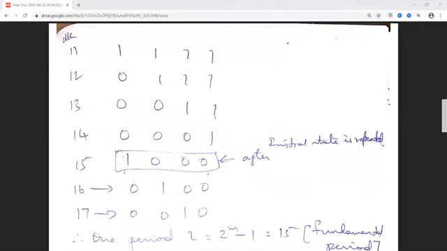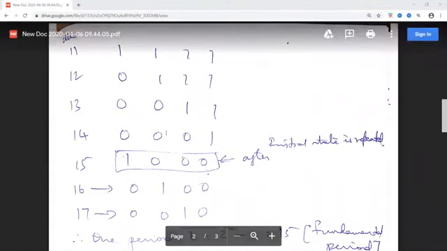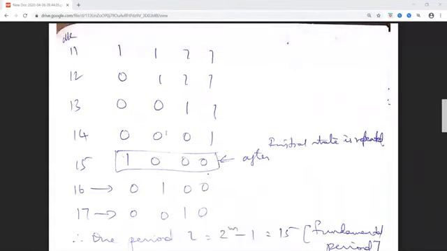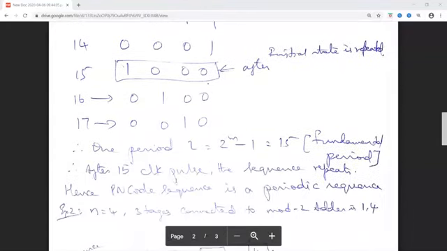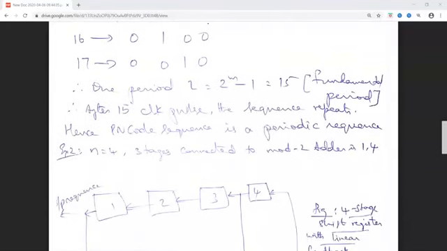That means after 15 clock pulses, so this is 14 plus 1 clock pulse to load the initial data, the sequence will repeat. So one period, L is equal to 2 power M minus 1, that is equal to 15. This is called the fundamental period. After 15 clock pulses, the sequence repeats. Hence, this PN code sequence is called a periodic sequence.